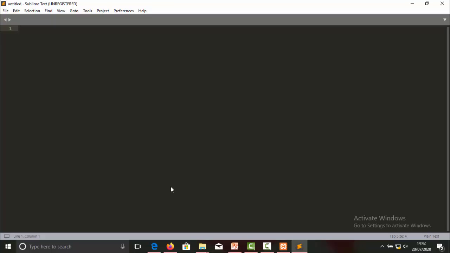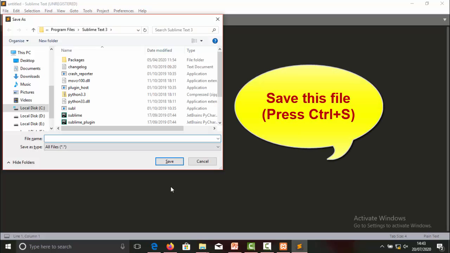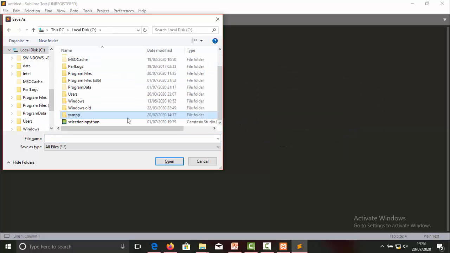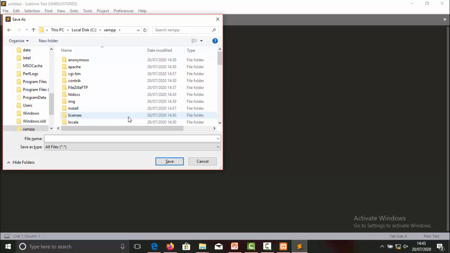As we have already seen, the location where we have to store this .php file is the htdocs folder, right? So we'll go to the C drive where there is a XAMPP folder, and this folder contains a subfolder named htdocs. Now you can give a name to your file. Here I have given the file name as demo.php. Now click on save.